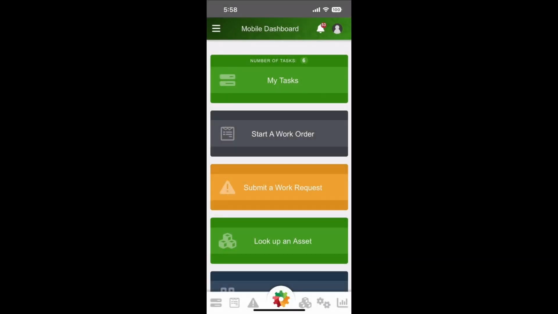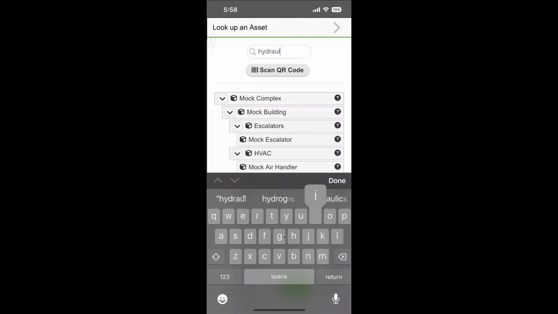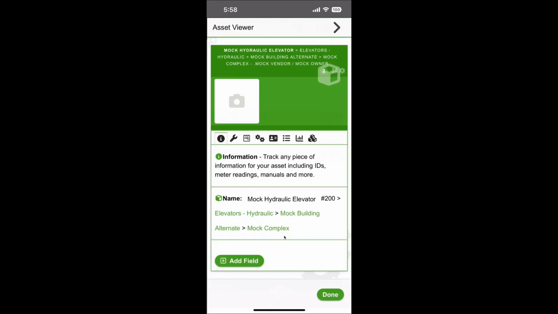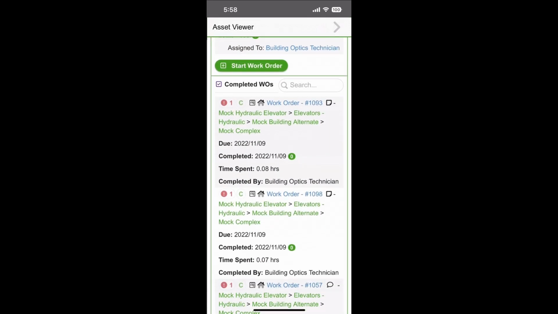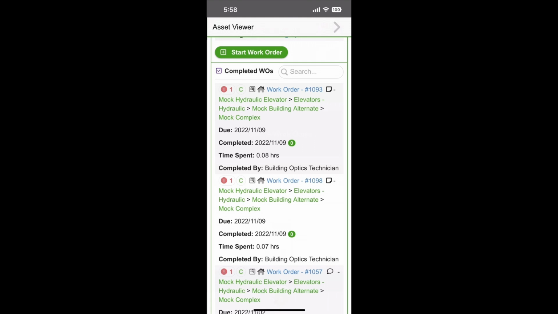To start, we tap look up an asset down here, search the name of the asset, and double tap. For the work order history, tap the clipboard icon right here. Now scroll down until we see completed WOs. We can see a summary of our completed work orders in this section. Each summary will tell us the due date, when it was completed, the time spent on it, and who it was